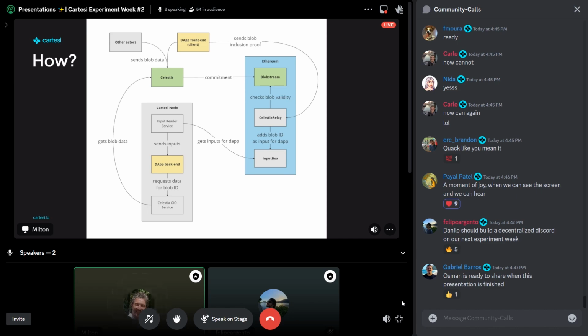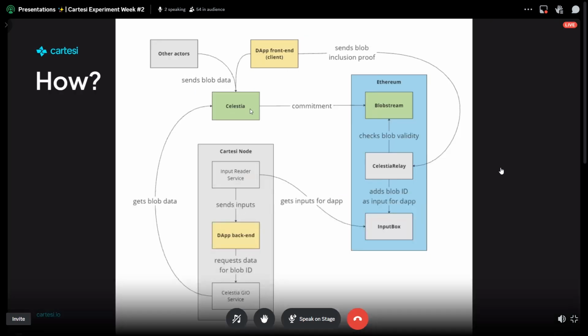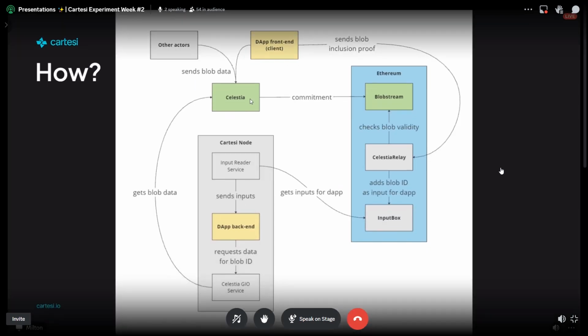And the Celestia network has an addition to it, called blob stream, which submits commitments of that to a contract on the Ethereum network. It's actually a number of Ethereum networks that have this support. And so once the commitment is there,